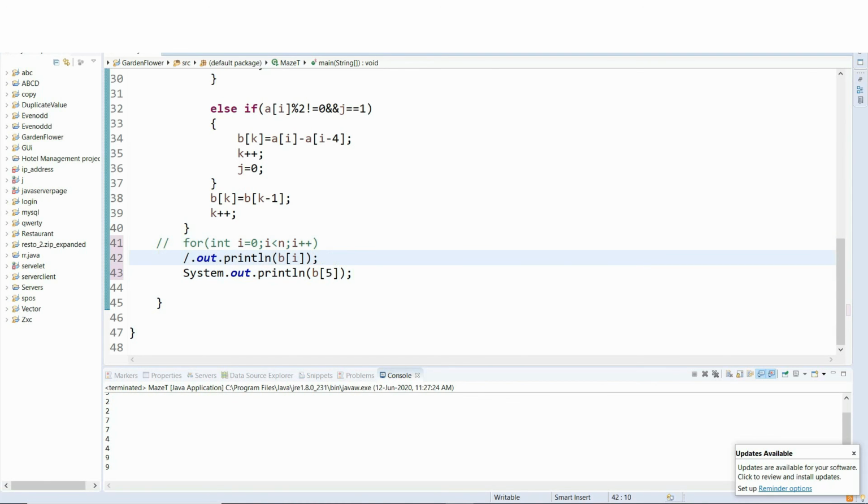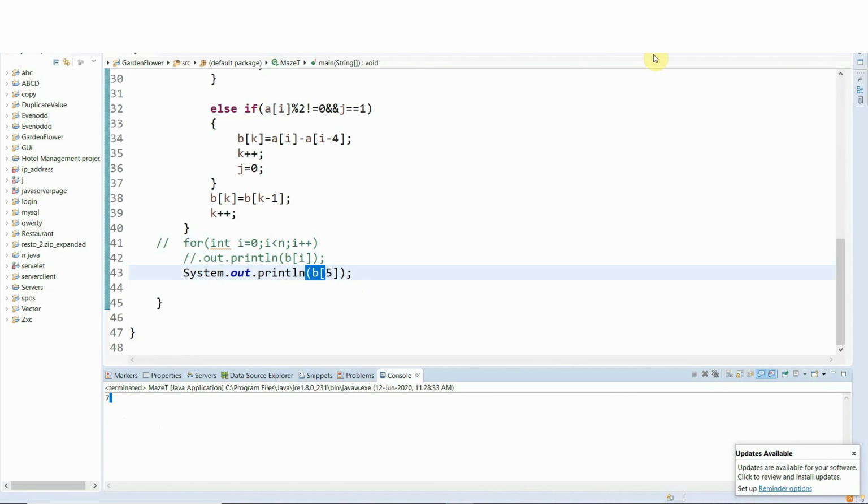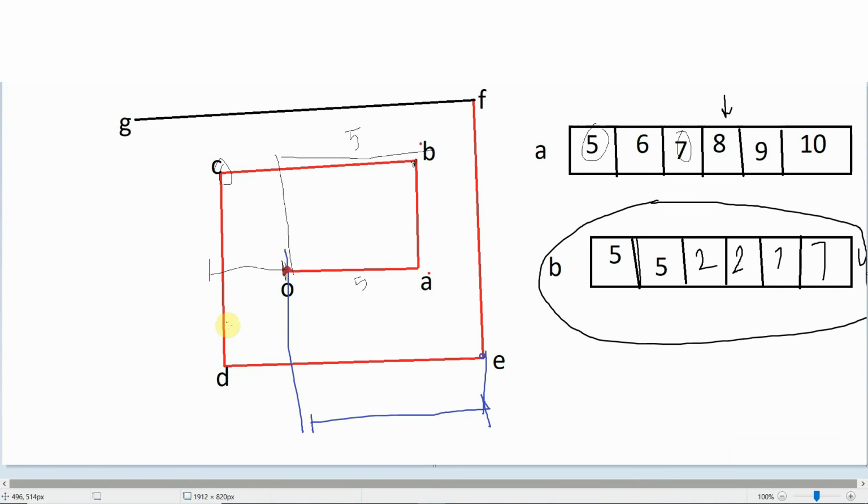So suppose the user has asked to print for a particular value, the 5th position, then you can do it like this, and you will get the value at the 5th position. 5th position means the distance from here: 1 2 3 4 5. So the distance from E to 5 is 7 here. So by this you can calculate every value. So this was the program, and it was asked in